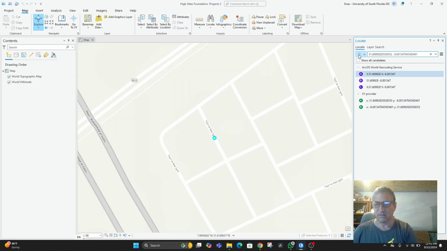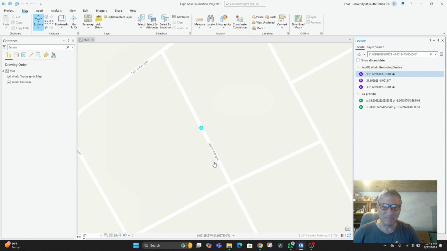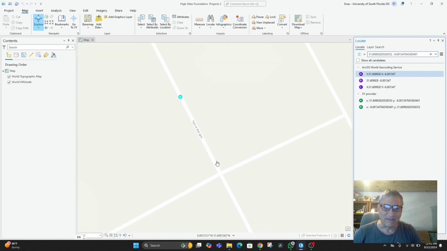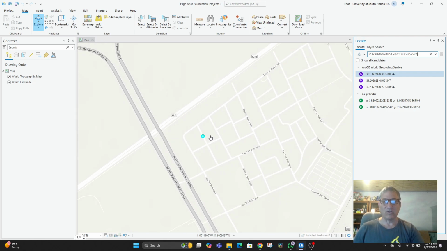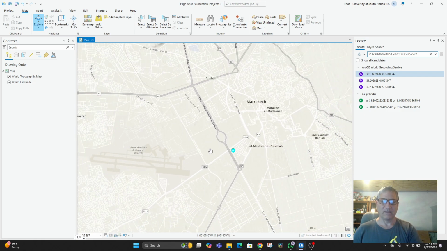So we can try. It did. All right. So that's spectacular. So there it is on Tazij Bab. How do you pronounce that? Tazji at Bab Ihil. So that's where it's going to be. So now that we have that High Atlas Foundation marker there, we need to add to it,